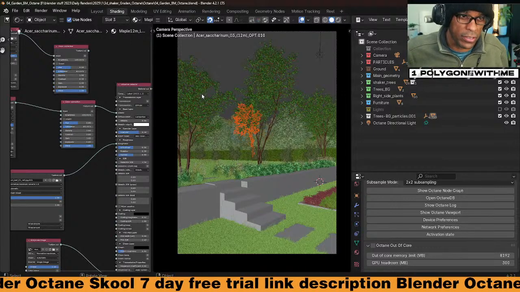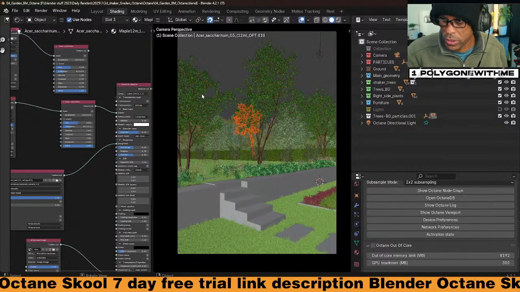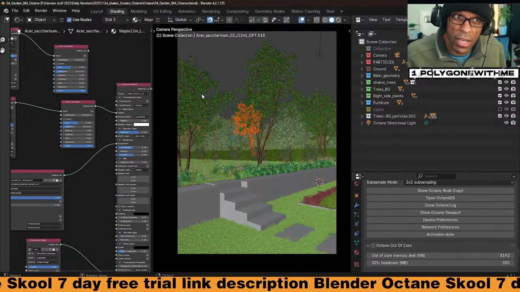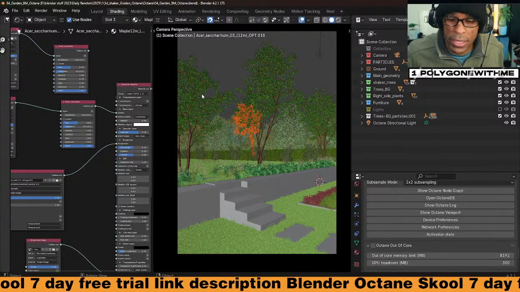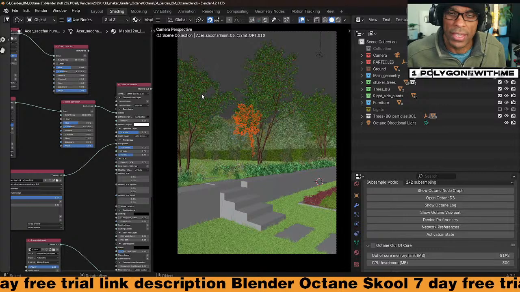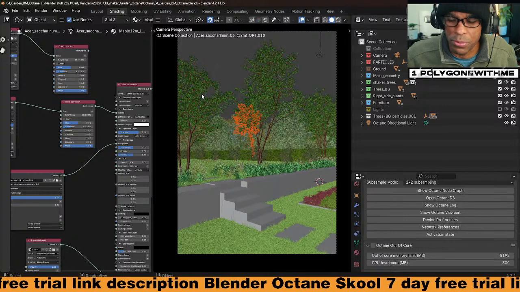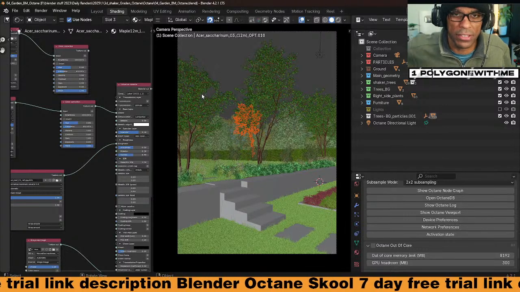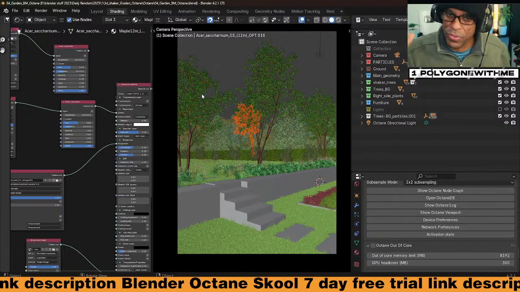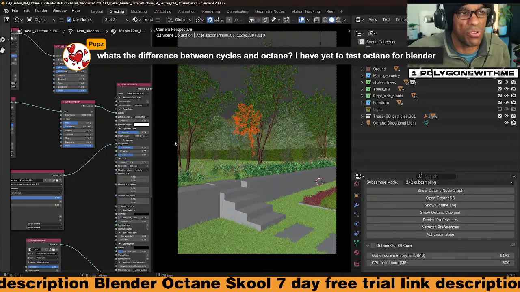The scene is heavy, guys. This is probably the heaviest scene I've ever worked with. I mean, it's even heavy in Cycles. And check it out. The other day I had both scenes open. I had the Cycles file, and I had this one, the Octane. And every time I would go to the Cycles viewport, it would lock up. Like, literally blue circle, blue circle, blue circle for like 4 or 5 minutes, and then a release. Octane handled it like no problem.